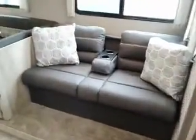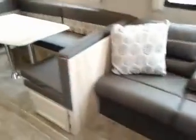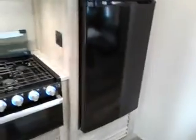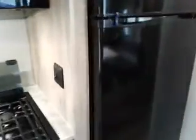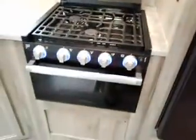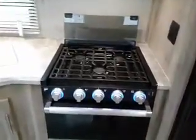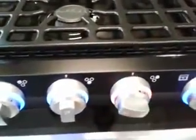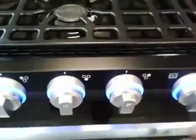Okay, we've got a jackknife couch, folds out to a bed, U-shaped dinette. We've got a 12-volt, 10 cubic foot refrigerator, travel lock built right in, Furrion range 3-burner cooktop and oven. These will turn red when they're activated or blue when they're not. You can shut them off if you want also. Farm sink,